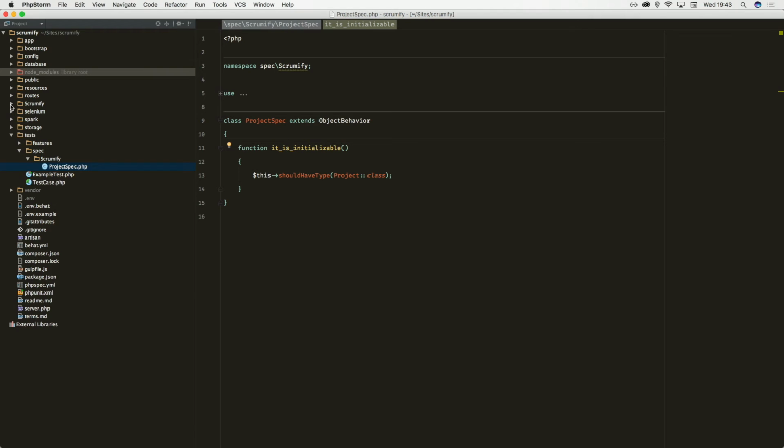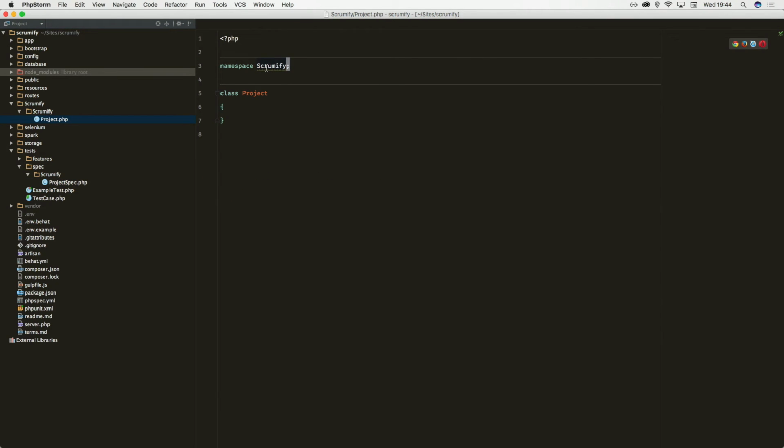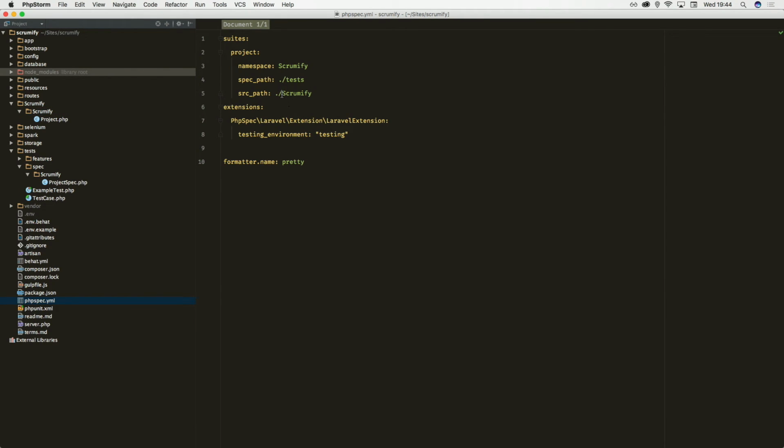Okay, let's see. Our Scrumify folder is here. Scrumify project. It creates it inside. I think it's something related with our phpspec YAML file. Oh yeah. Horrible. Sorry. I will just delete it. I changed the source path from Scrumify just to the default path,